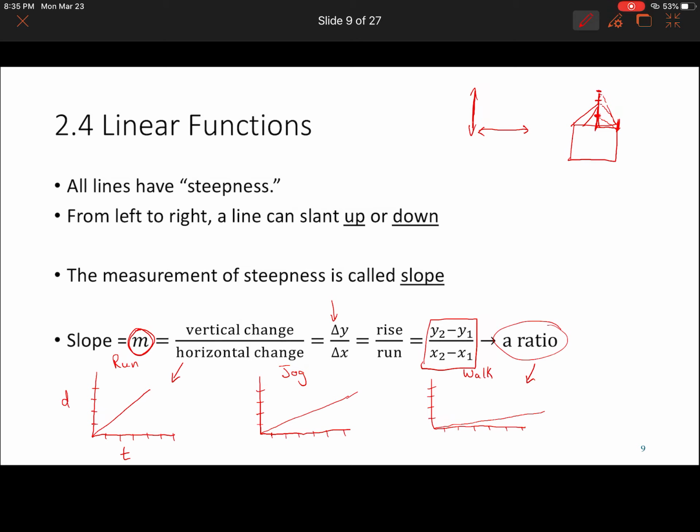The miles tells you distance. Per hour is your time. And so we can talk about speed in feet per second or meters per second or kilometers per hour, yards per second. You can do a lot of different ways to talk about speed, but it's always distance compared to time. And so looking at this from the standpoint of a visual really helps us hopefully understand what we're talking